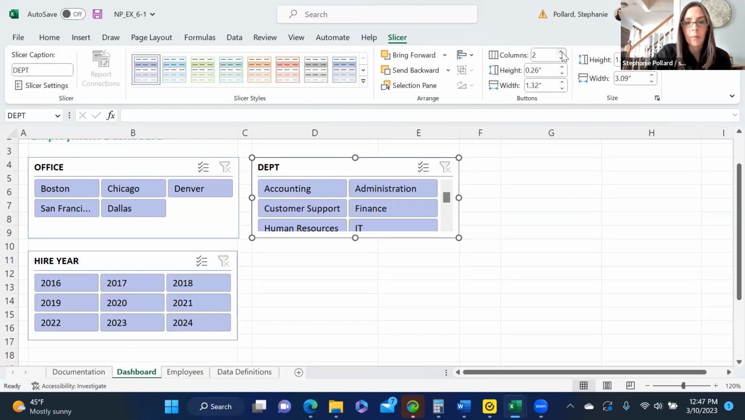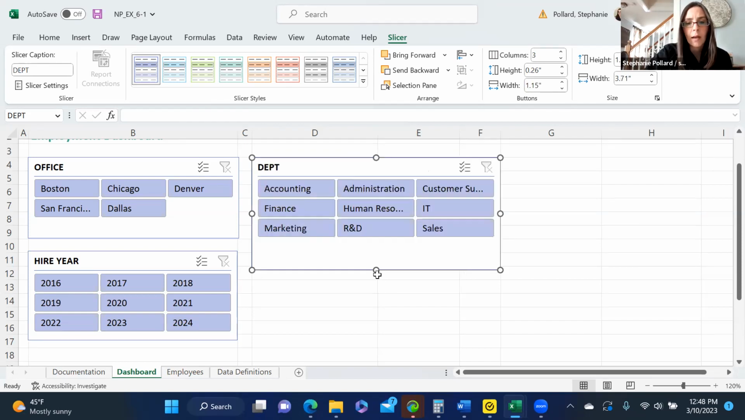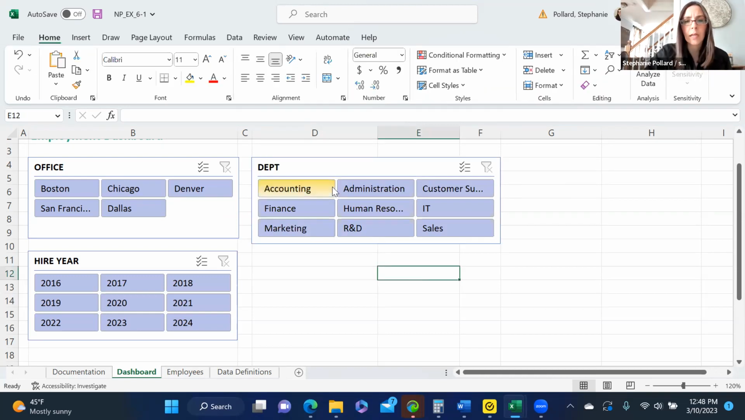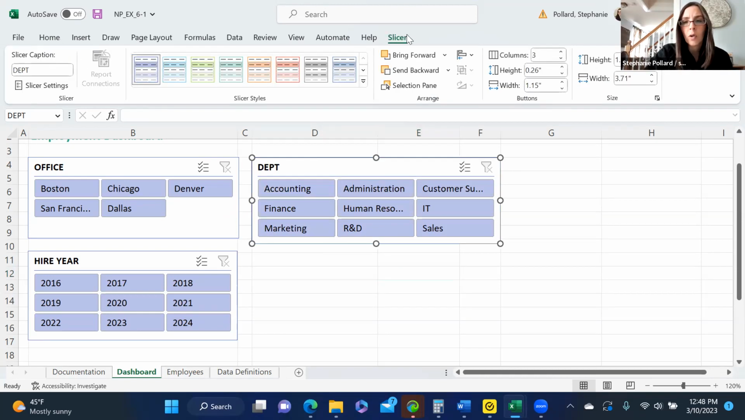Department, let's see, maybe we can do 3 columns there, 4 columns, or maybe that's a little bit much for me to read, but I can maybe make this a little bit bigger for myself. So again, you do what works for you to keep them organized. And you can also manually type in how big you would like them, heights and widths and things like that as well. So again, you can play around and then that way it's a little bit easier to select, I would like to